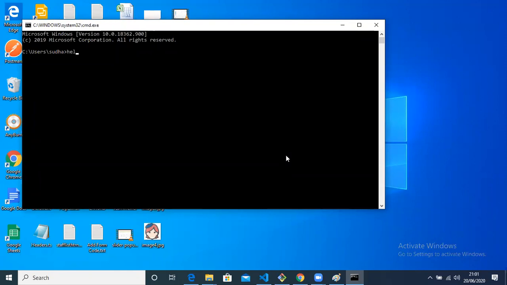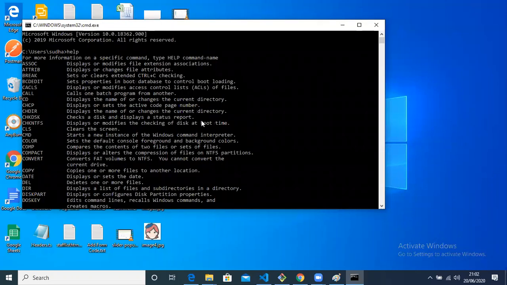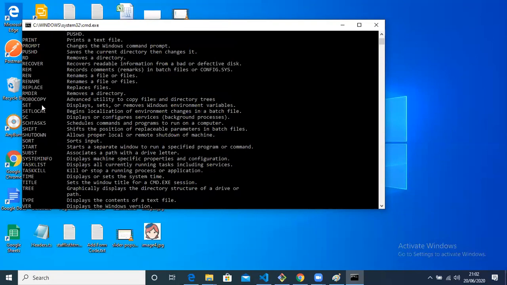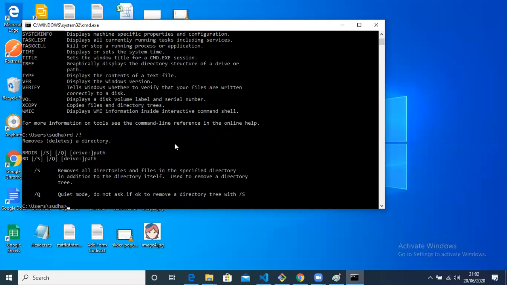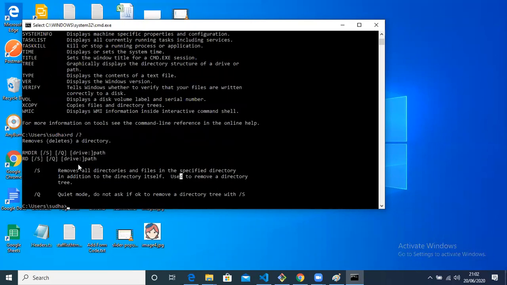I've also shown you how we can get help. The moment you type help, you will be able to see all the commands available in the command prompt, and you can select any command and add slash question mark. It will show what all is available. See, rd is there. If you want to know about rd, you can type rd and slash question mark and press enter. You will see the help related to the rd command. Like that you can learn about it. These all follow the same pattern: first the description, then the syntax, then the options.